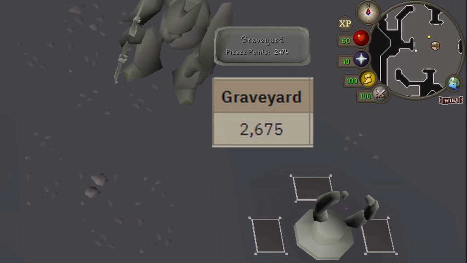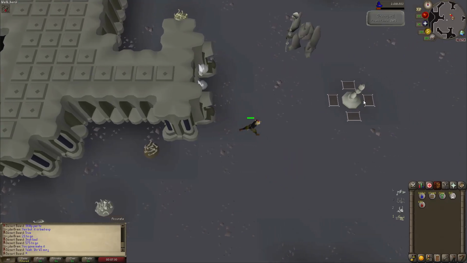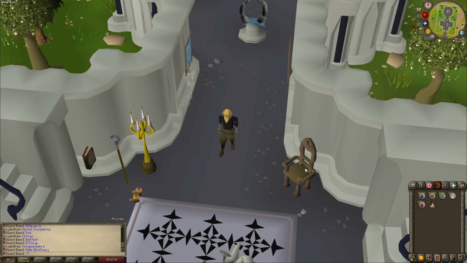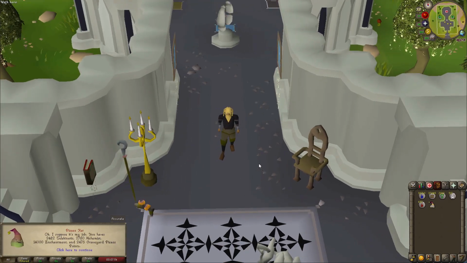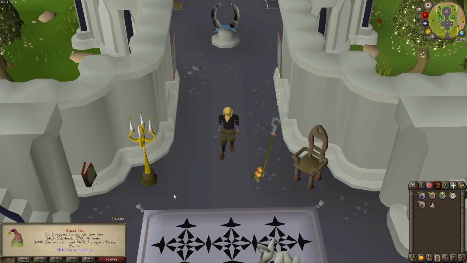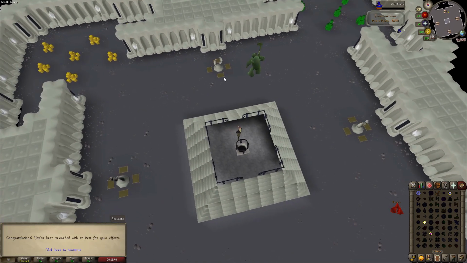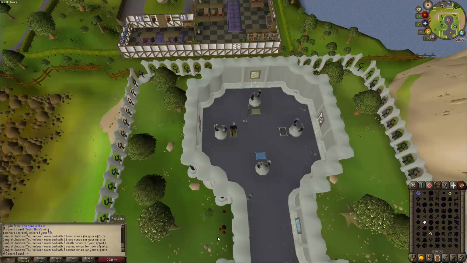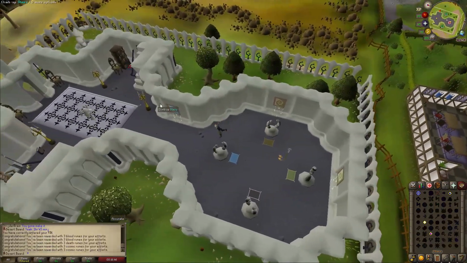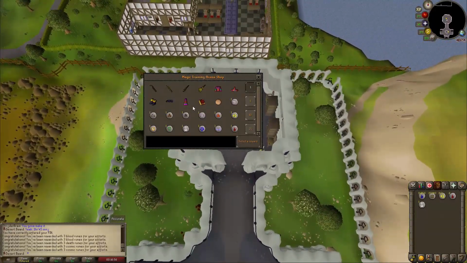And there you go, I'm already done. You can see that it says there was about 200 points missing, but that's because we already bought Bones to Peaches, so we don't need to have 2,675 or whatever anymore. So that's actually the max amount of points that we needed. And without getting any more magic levels or anything, we actually have farmed up all the points again, or not all the points, but here we have to buy